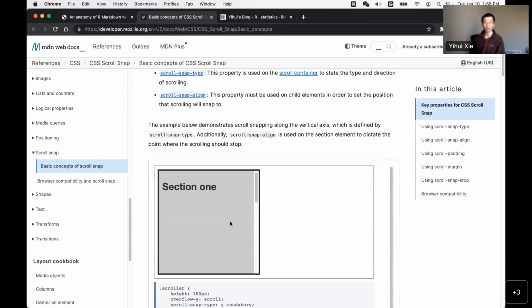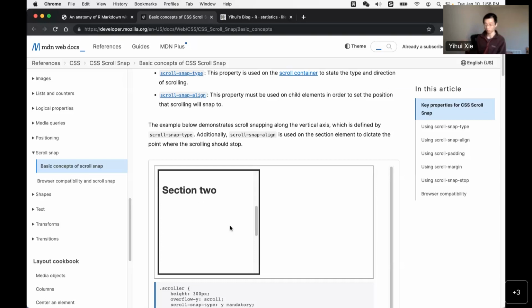Basically, if you have several sections on the page and you scroll through this page, if you look closely, you will notice that if I scroll down, just by pressing the down arrow on my keyboard,